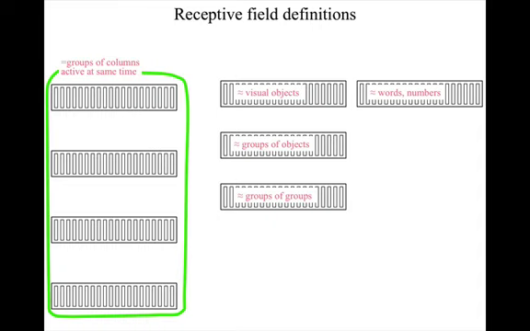But key to working memory is that there's all sorts of areas that detect receptive fields that are defined by different groups of columns in various other areas that are active at similar times. All these areas can differ in the areas from which they get their inputs, but also in the time frame over which their receptive fields are defined, as I'll get to in a moment. And I could perhaps comment that in reality the auditory and visual receptive fields are also defined by groups of columns in simpler areas that are active at similar times. It's just that in the auditory and visual areas, we can, to some degree, label perceptual meanings, even though they're partially ambiguous. In these other areas, the receptive field complexities are higher, and it's harder to put a cognitive label